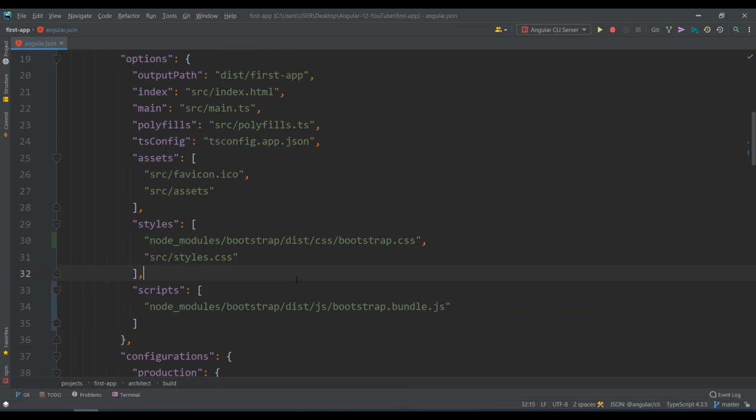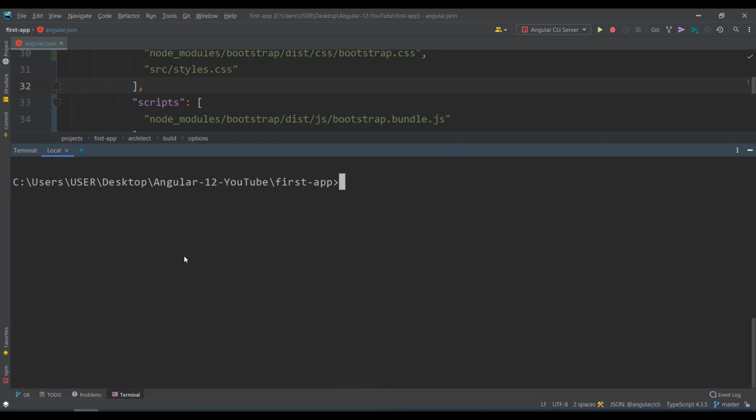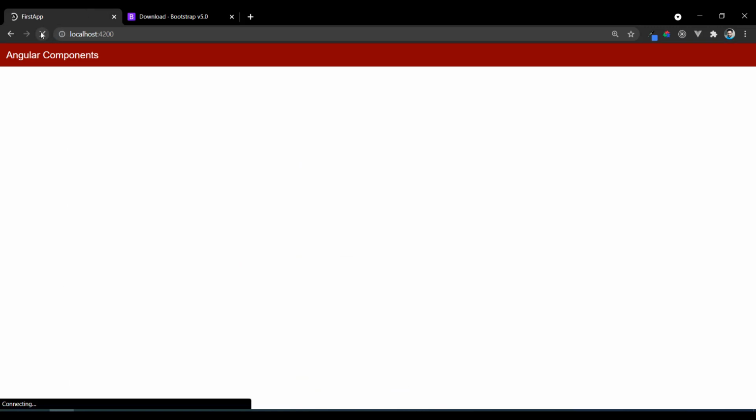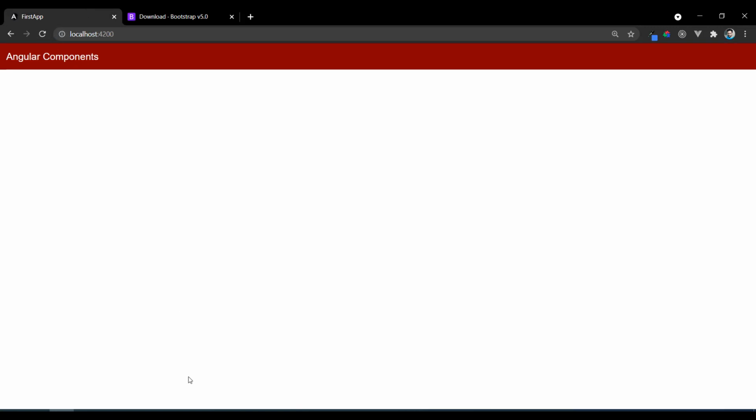Once you are done with this, you can start your server and check. So I'll say npm, sorry, it's ng serve. So I just start the Angular server and I'll check whether Bootstrap is successfully configured for my Angular application or not. Simple. You have to install and then configure them in the angular.json file. Okay, it's been started. No issues with the configuration as well. So back here, I refresh. You get something. Fine.